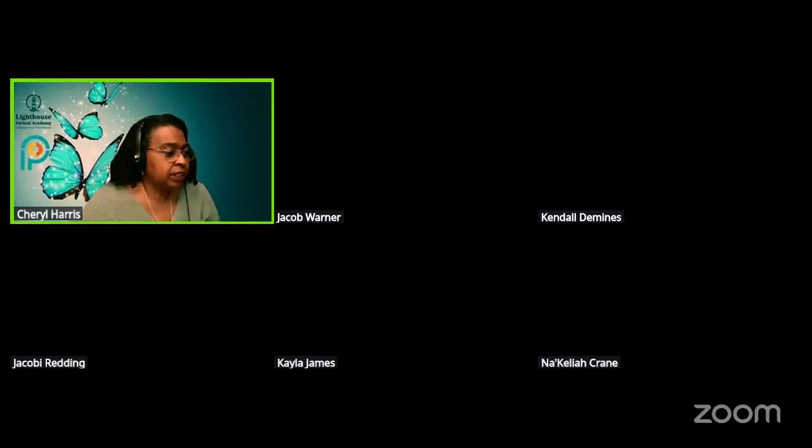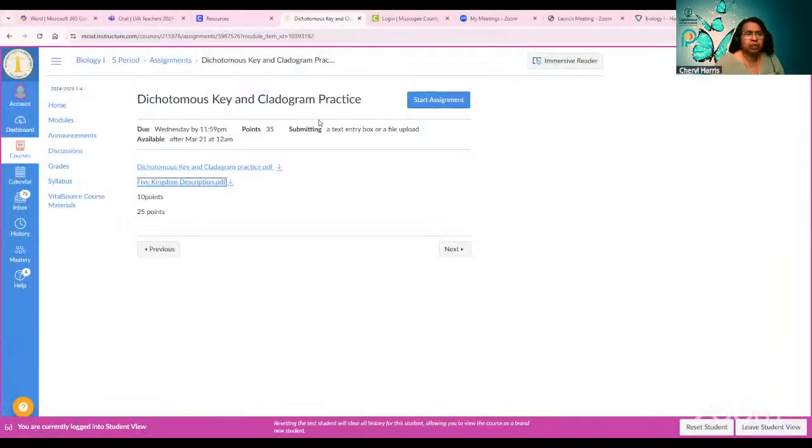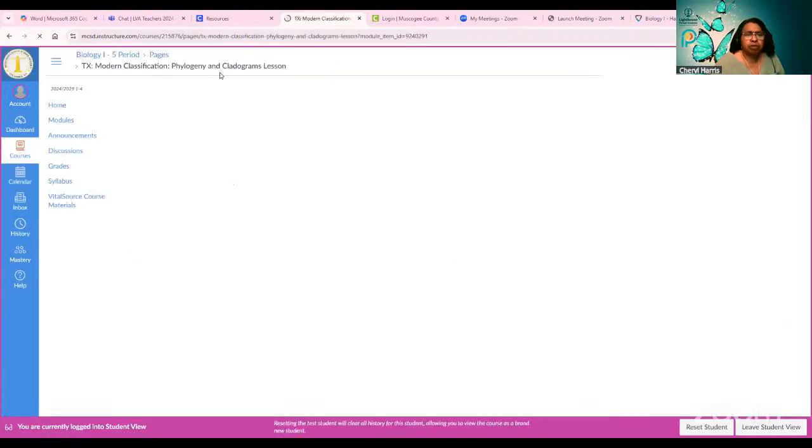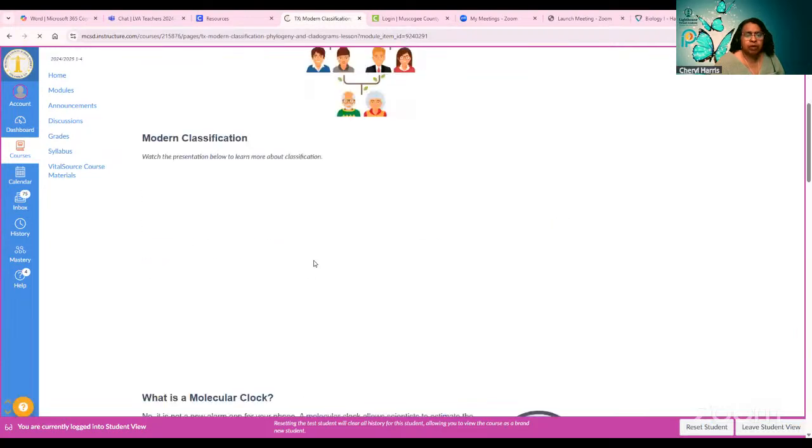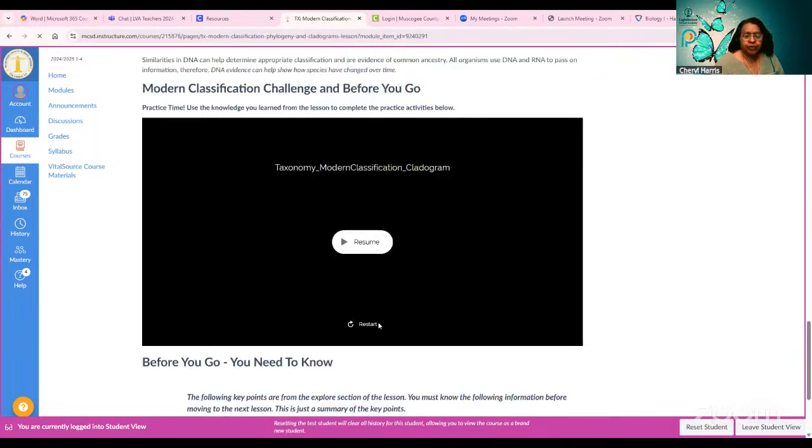As far as today's assignment, part of this was assigned last week and the other part is new. Now instead of being on your to-do list, it's located in the module, right after phylogeny and cladograms. For the first one, you want to make sure that you